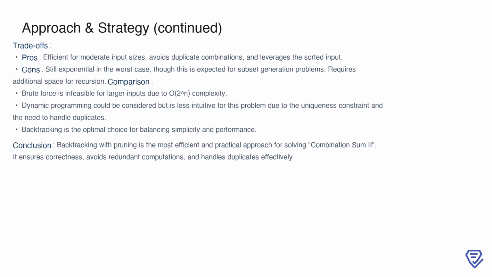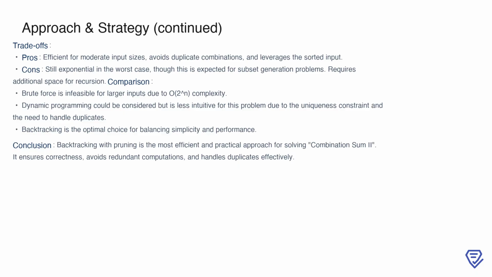When we compare this to other methods, brute force is clearly infeasible for larger inputs due to its 2 to the power of n complexity. Dynamic programming, while potentially useful, is less intuitive for this problem because of the need to handle duplicates and enforce uniqueness constraints. Overall, backtracking with pruning strikes the right balance between simplicity and performance. It ensures correctness, eliminates redundant computations, and handles duplicates effectively, making it the most practical choice for solving the combination